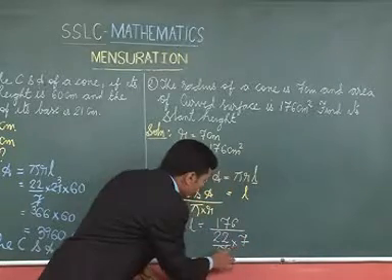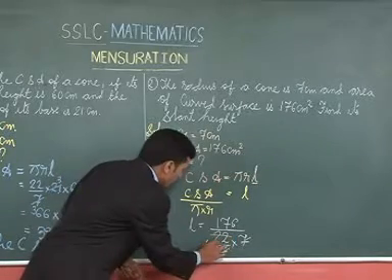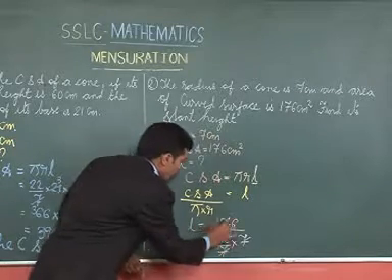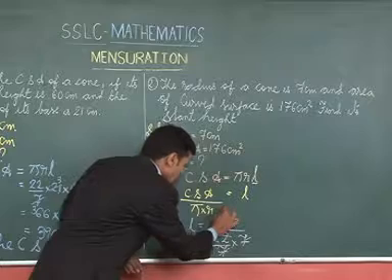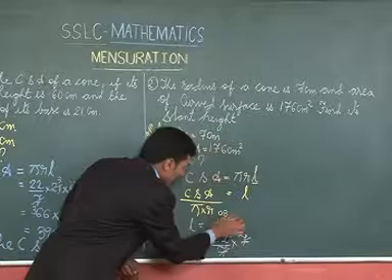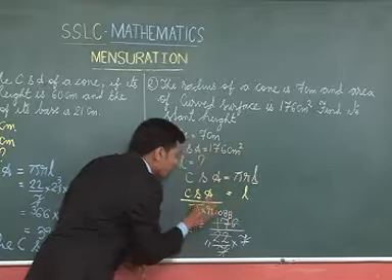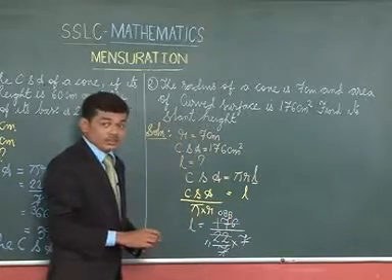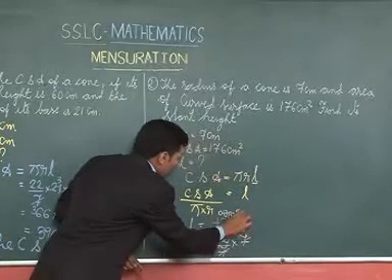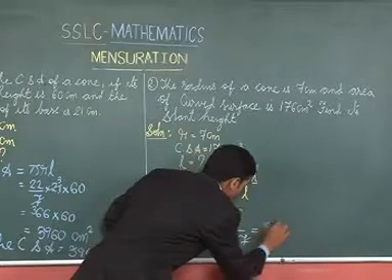So write it down here, 7 centimeter. Now this 7 and this 7 get cancelled. Now 2 ones are 2, 2 11s are 22, and here 2 8s are 16, and 2 88s are 176. Now 11 ones are 11, 11 8s are 88. So L is equal to 8 centimeter.